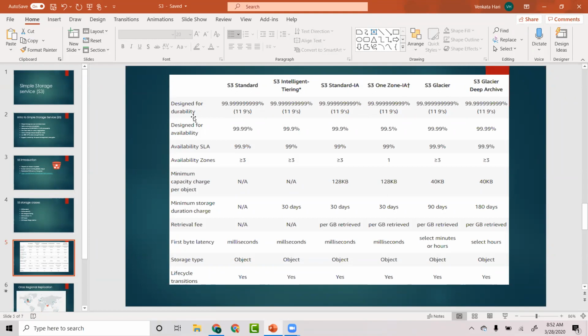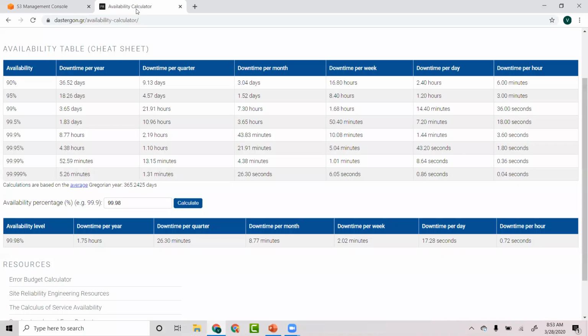So you can safely assume that nothing will happen to your files, okay? No matter what happens, even in the case of an availability zone going down, okay? So it's designed for availability of 99.99%, but they will not give you a service level agreement. They don't sign for 99.99, but they architected for it 99.99% of the times, okay? So meaning it's designed for